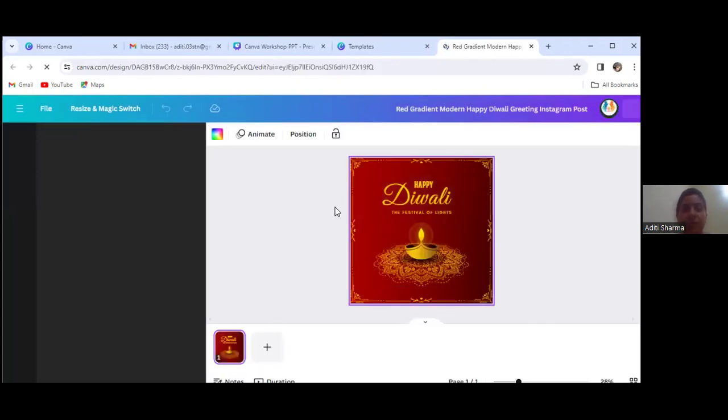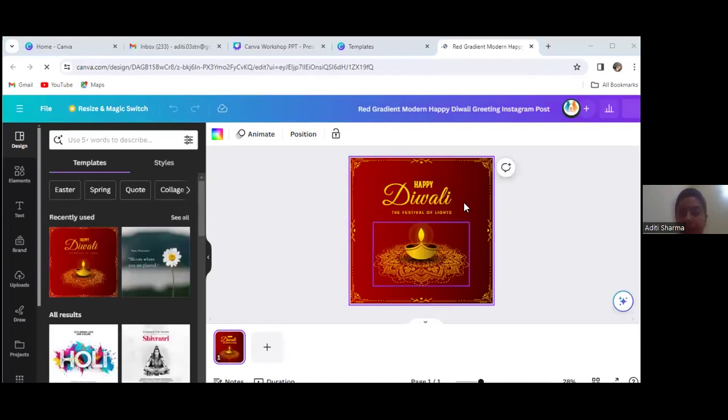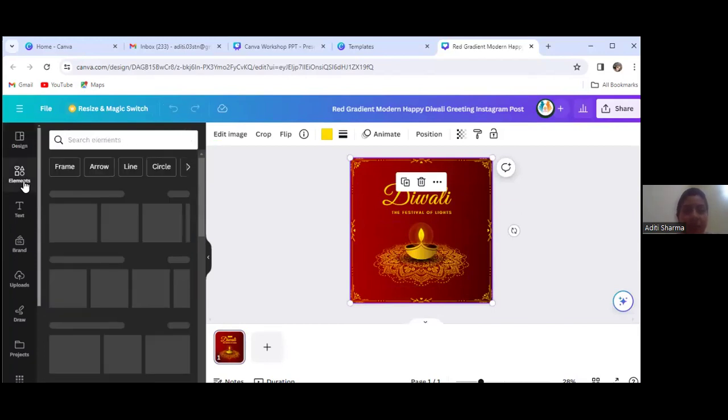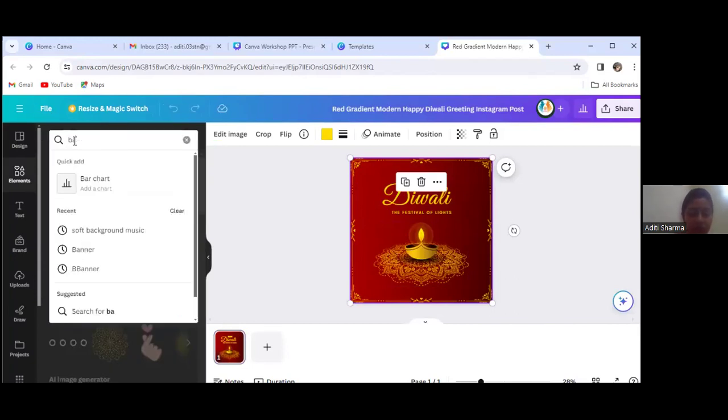Now this template will open. Now here, first of all, if I want to change my background, come to the left hand side. Here it is written Elements. In the search bar, just write background.